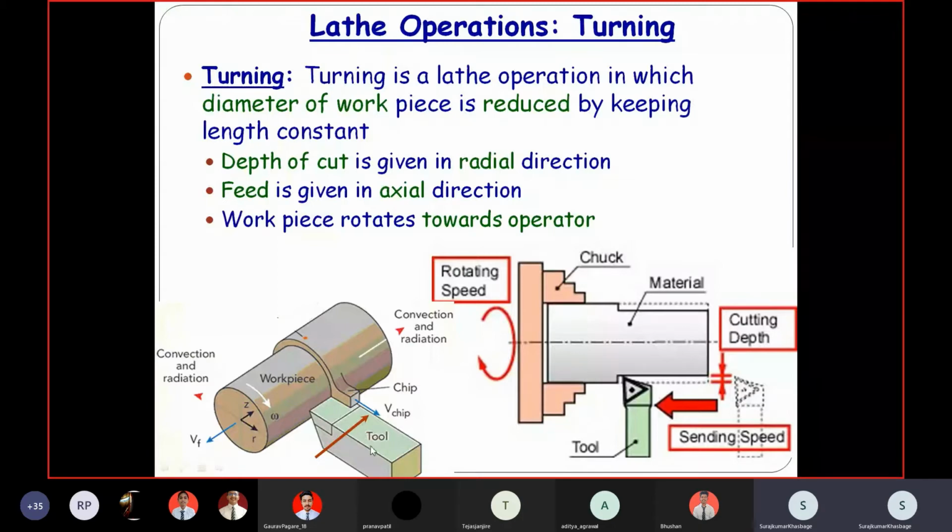First, you have to move this tool in this direction, towards the workpiece, so this is called depth of cut, cutting depth. Second, suppose initially you place the tool at this location and give this much depth of cut, and then you slightly feed this tool along the workpiece, so that is called feed. Feed and depth of cut, these are the two terms. You have to give the depth of cut and then feed the tool in this direction, so that it continuously removes the material in this direction.